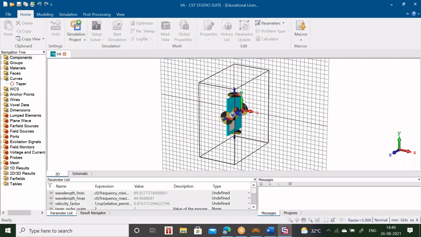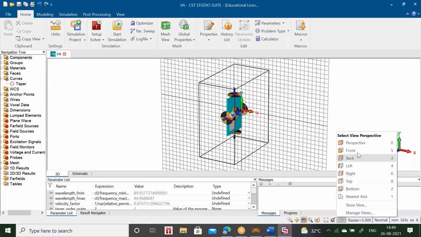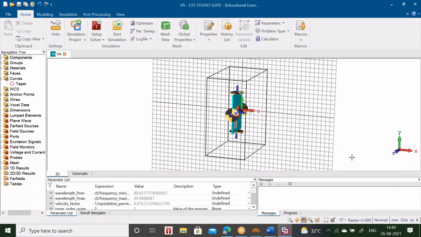In Antenna Magus, you will not get current distribution, you will not get electric field distribution, and you will not get magnetic field distribution. Those results you will not get. But in CST, once you export from Antenna Magus to CST, from here you can do that analysis. Now look at here, the front side.